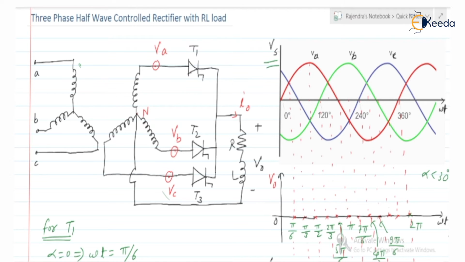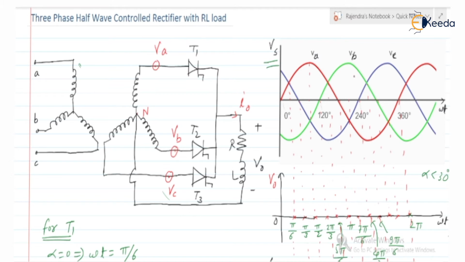Next, we are using the three thyristors T1, T2, T3. The load is an RL load, so in the load we have the element inductor. As we know, the inductor is the element which opposes the change in the current. Also, it stores energy in its magnetic field, and in order to maintain the same current, the inductor releases the energy. So we have the supply voltage Vs, which is nothing but the three phase voltages,